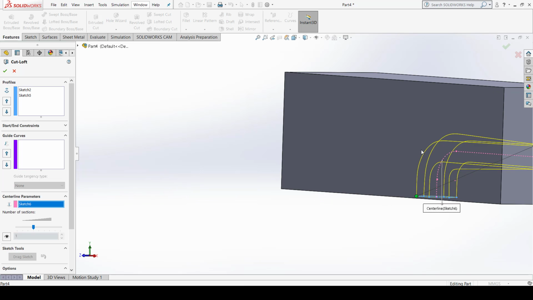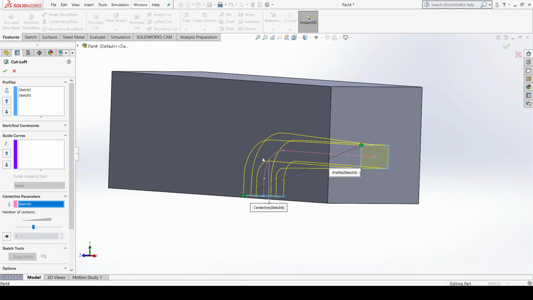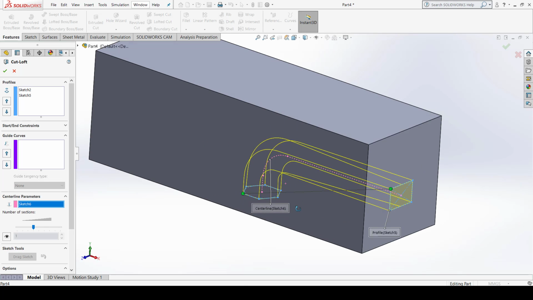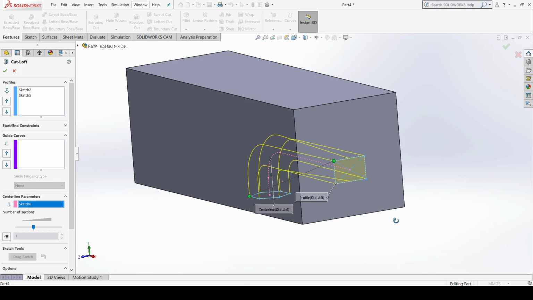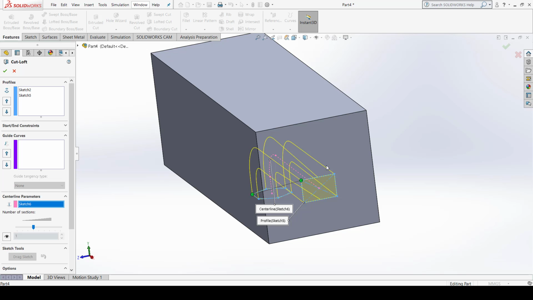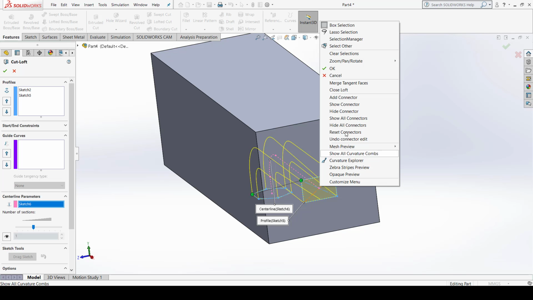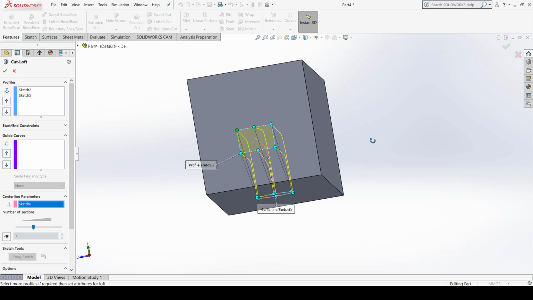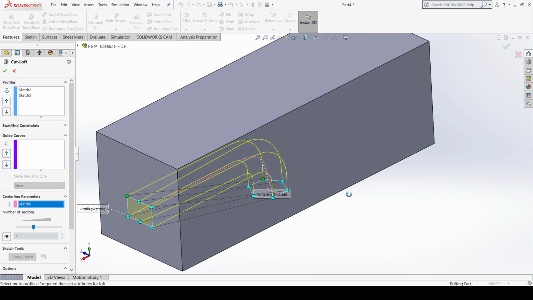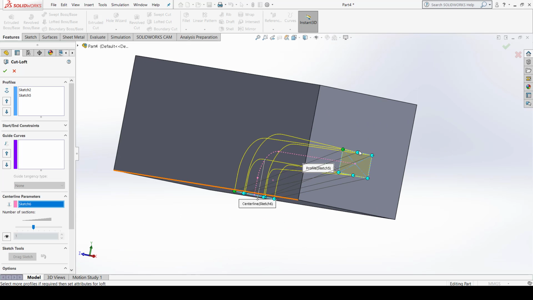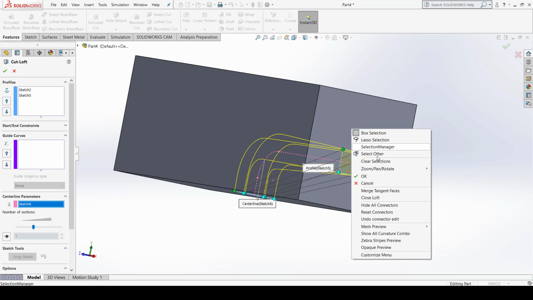So I just make sure that this connector is on the upside of this hexagon and it should be connected with the upper side of this rectangle. So you can edit those connectors. If you want to see all the connectors, just right click, show all connectors. Here you can see all the connectors are uniform, properly arranged and connected properly. And if you don't want to see all the connectors, just right click, hide all connectors.